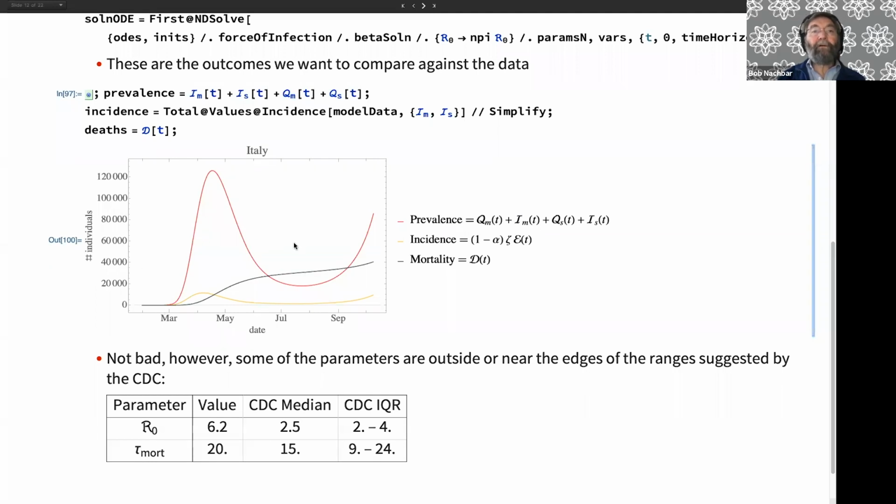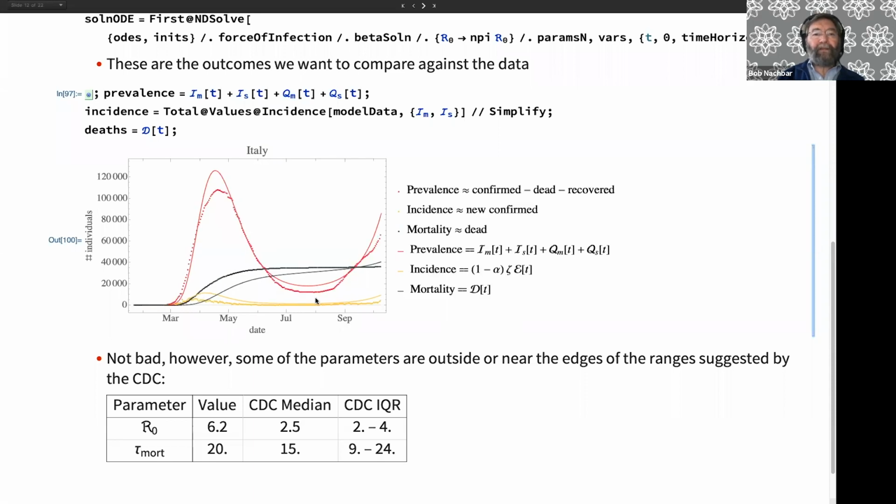This is the model here, and with a simple NPI function that basically has people social distancing and restriction here, and then a relaxation of that, and they start to go up again. And looking at it against the data, we can see that it does fairly well. I had optimized a few of the parameters outside of the notebook here, but R naught, the optimized value, was still way too high. And the time that it takes to die is very much on the high end. It would be better if it were closer to the median. So there's still more work to do here.